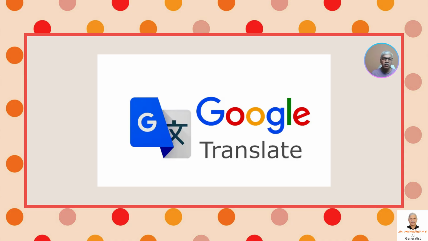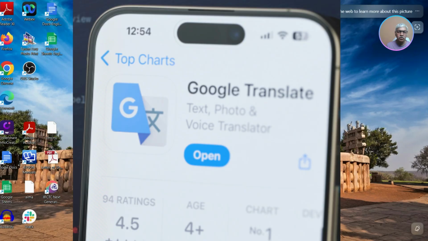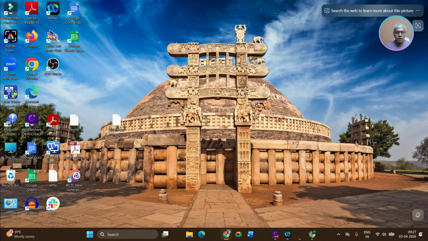I use Google Translate a lot in my lessons and in my classes. So let me show you how easy it is to use Google Translate. I'm sure you'll be able to find this in your phone. If you cannot, all you need to do is go to the Google Play Store or to the App Store and download Google Translate. Let me show you this on my laptop so that it will be easier for you